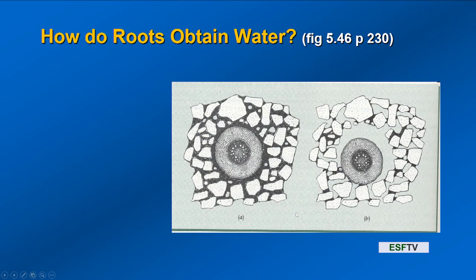So we've looked at saturated flow, we've looked at drainage as a way to manage water tables, and we'll see that again when we look at organic soils. And now we'll ask the question about roots. How do roots get water? Do roots seek out water? And it's more or less the same story. Roots don't have an ability to seek water, but they